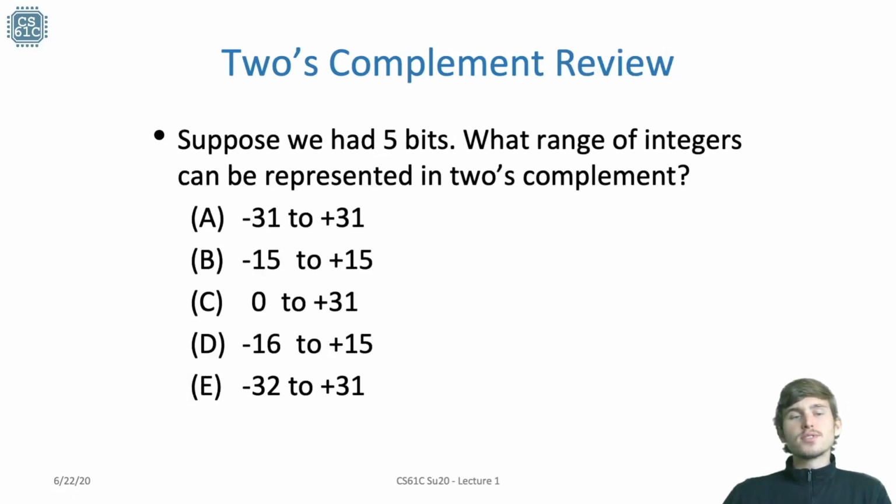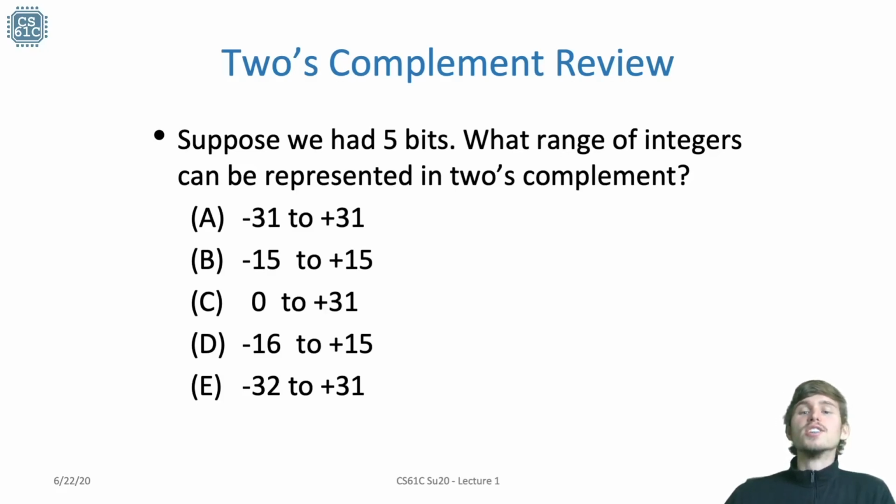So now let's review what we just learned about 2's complement. Suppose we had 5 bits, what range of integers can we actually represent in 2's complement? I want you to think to yourself, what different representations would actually represent each of these values? Because these all could be represented with some of the different representations that we just discussed. I'll give you about a second or so, though I'm probably going to be impatient to skip on slides, so you should probably pause the video and think to yourself which representation each of these numbers is.